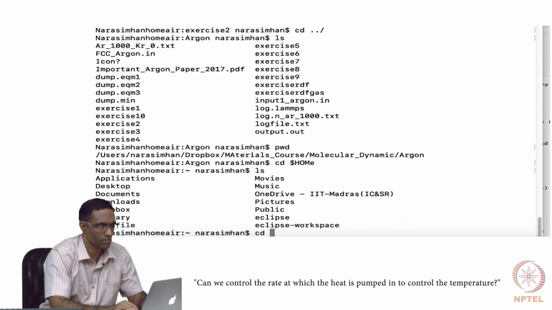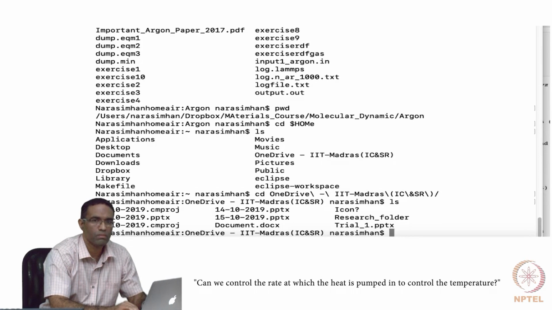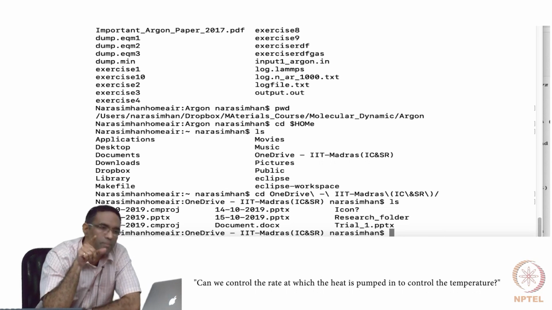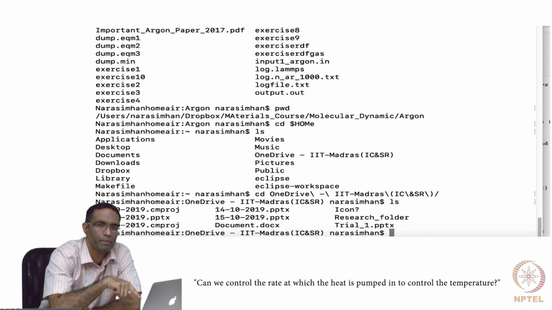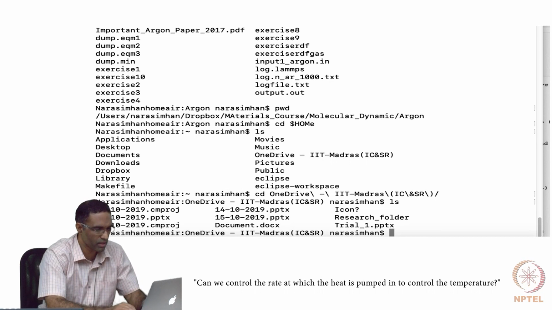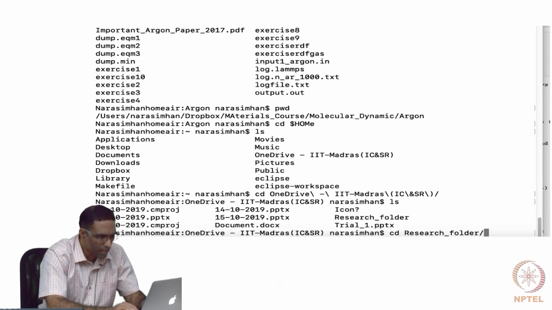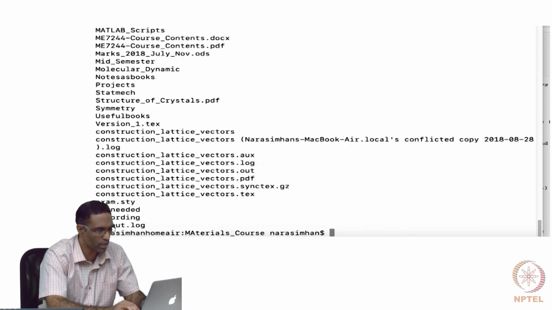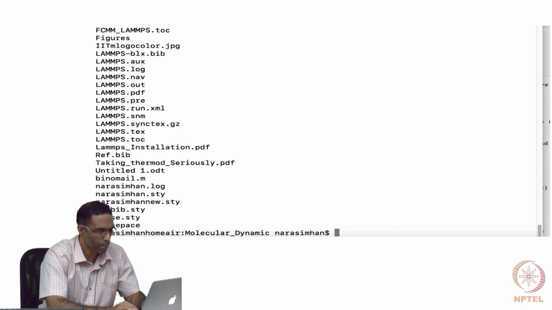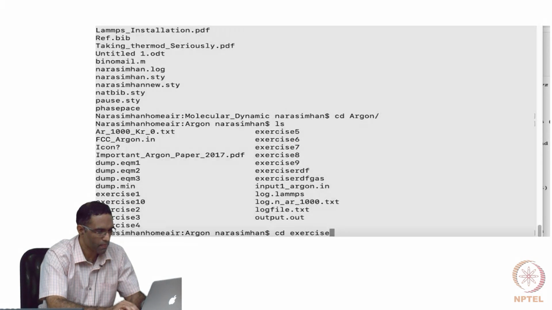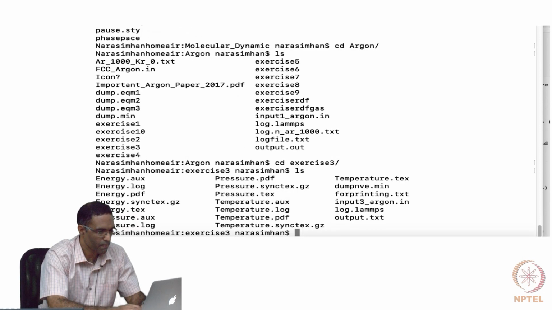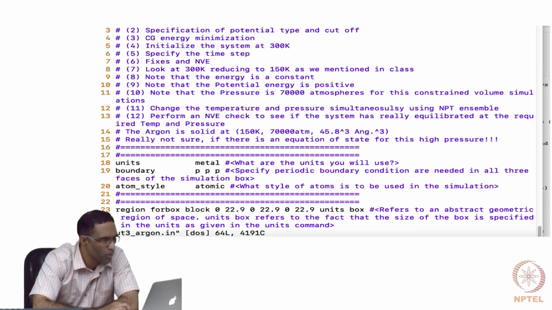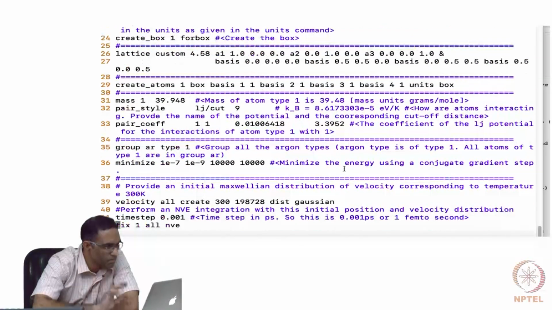Can we input a heating rate? No, you can't. When you specify the temperatures, it is going to do it. The rate, well, you can. That is what the T damp and the P damp do. So I don't know whether I have examples for that in today's class, but let me take a look. So let's take a look at the input file before we answer that question.